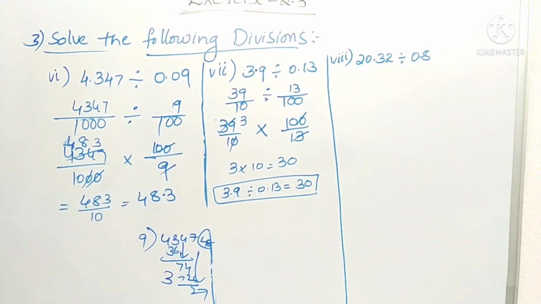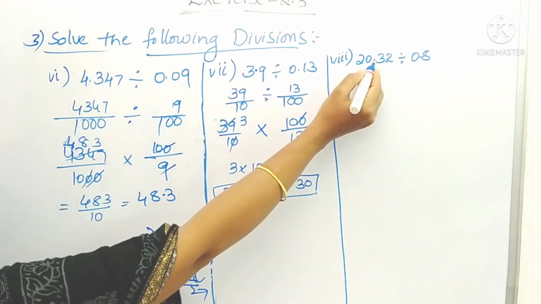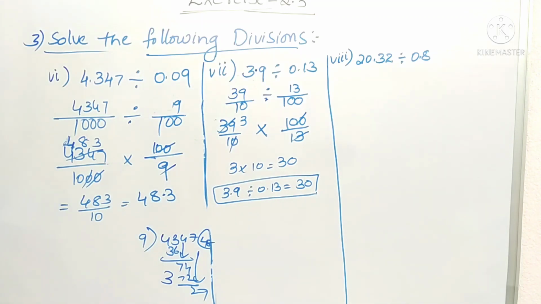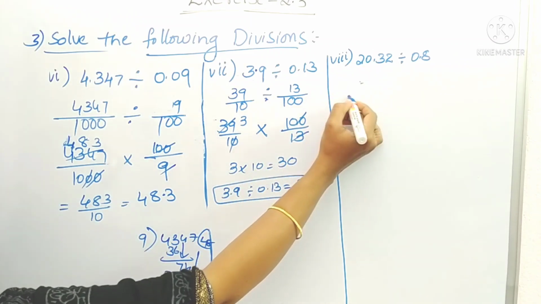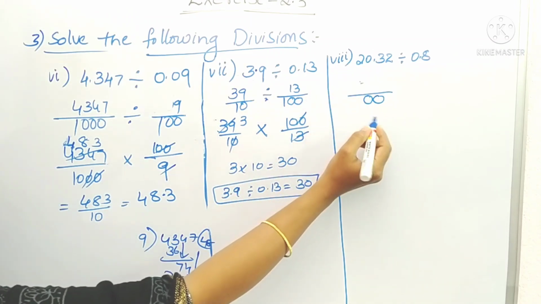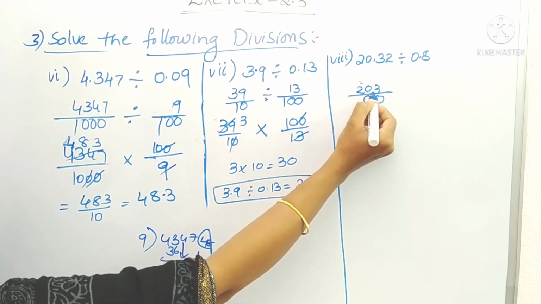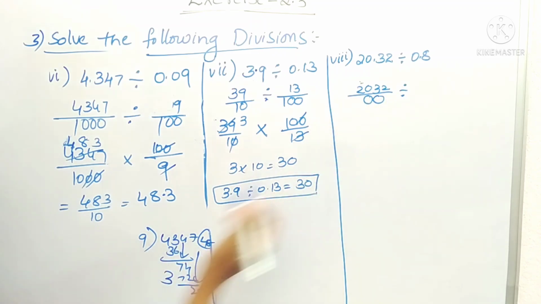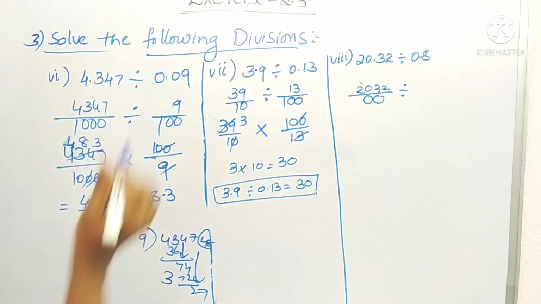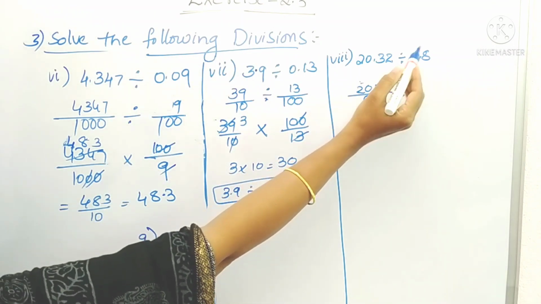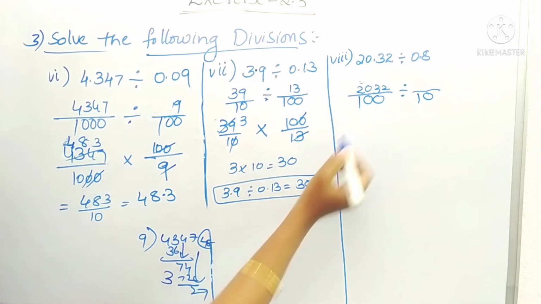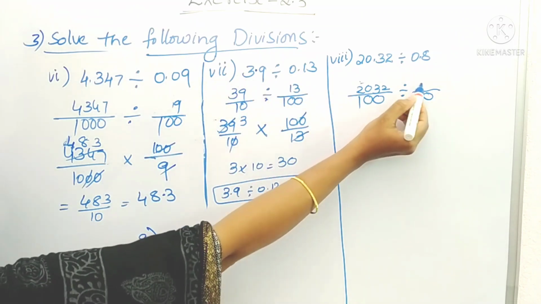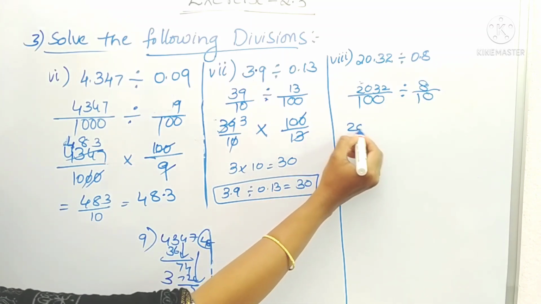20.32 divided by 0.8. So here two digits are there after the decimal point. That means two numbers are there after the decimal point. So write two zeros in the denominator and write the number as it is. Write divided by, and here one digit is there after the decimal point. So write 10 and put 1. Okay. So remove the decimal point, 8. So now